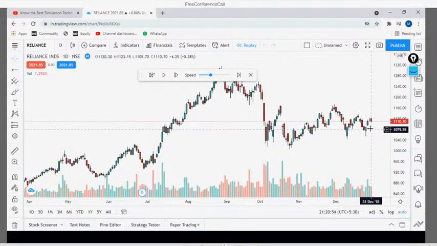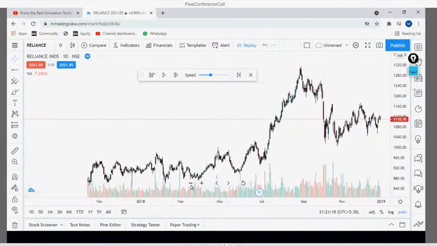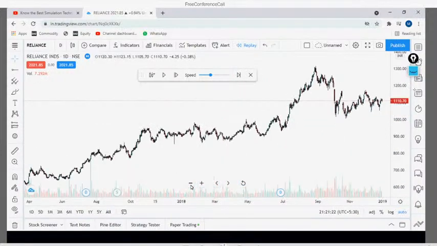Now I want to see whether the support, resistance or strategies I am following will work in real time markets or not. How can I back test that? By doing this, you'll know whether the strategies you are following will work in real time markets or not. For example, I have this much data, and I'll try to mark basic support level and resistance level.